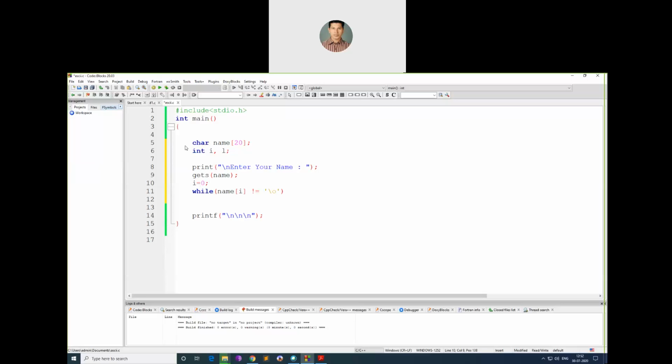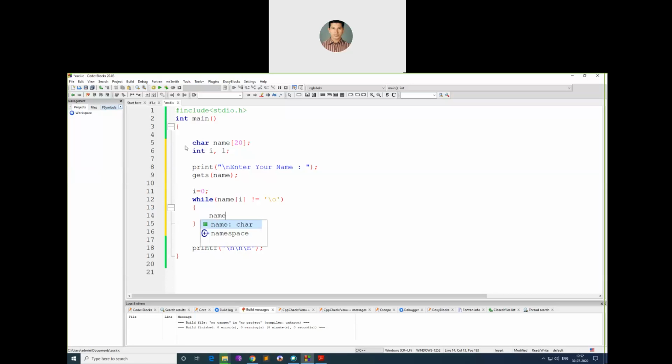So this is the first character, while name of i, first character, not equal to 0. Okay, then what will I do? I will use a loop. I want to make all my characters uppercase, hoping that I will enter them in lowercase. What will I do?